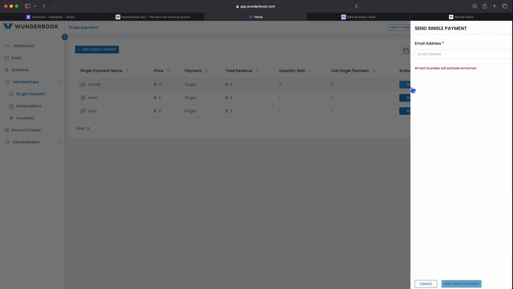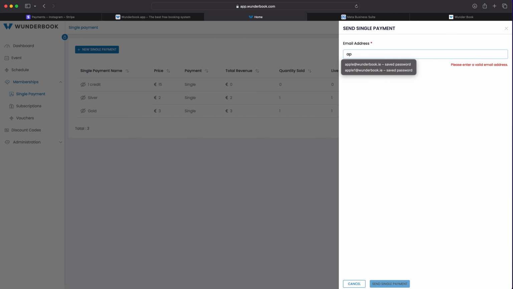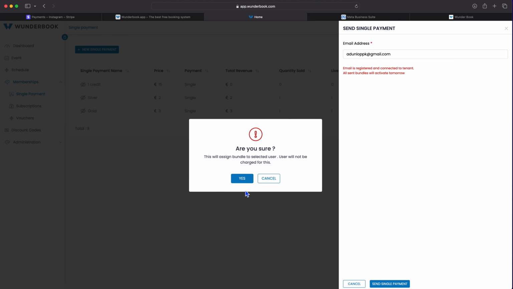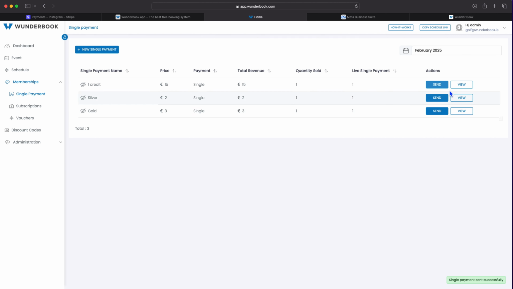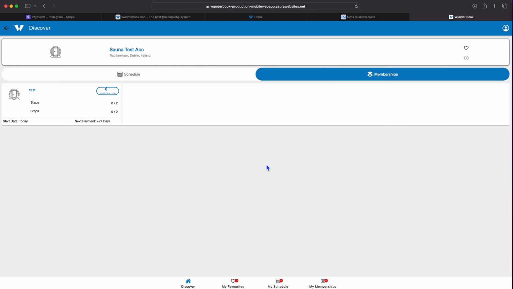So I'm going to send this to myself, at done.pk. So all you need to send these is just an email address, okay? Email is registered and connected to the tenant. You're the tenant, and most of the time, if it says email is not registered, they will receive an email and say download the app or book in and use this email address and your credit will be there. So if I press send, single payment sent successfully, and then if I went back into the app here now,